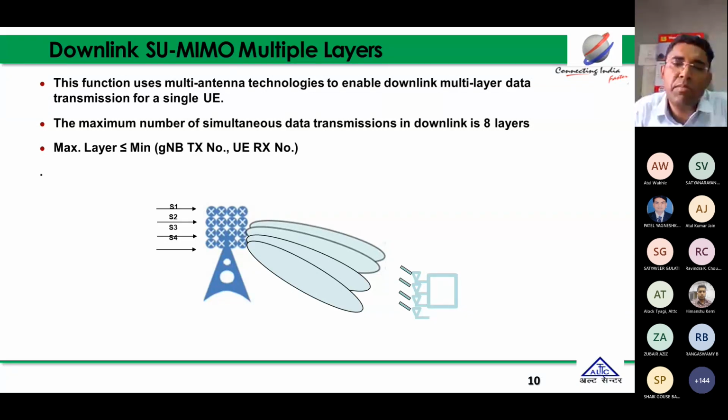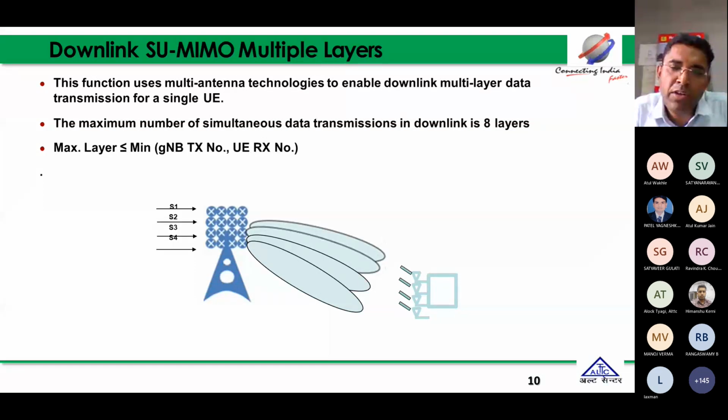The maximum number of simultaneous data transmissions in the downlink is 8 layers, but at the UE side, the maximum capability is 4 antennas. So the maximum layers possible in the downlink towards a single user